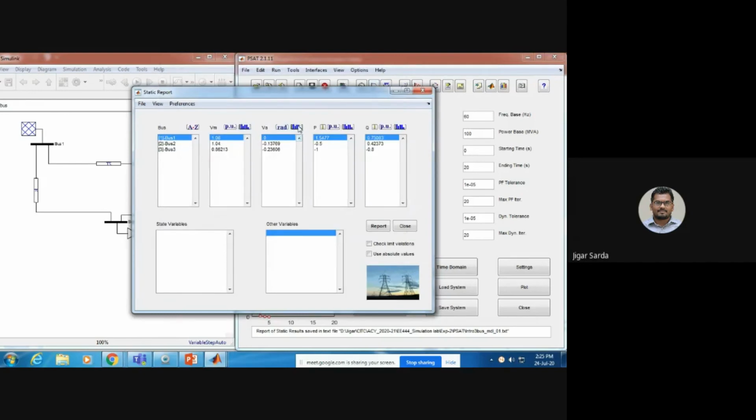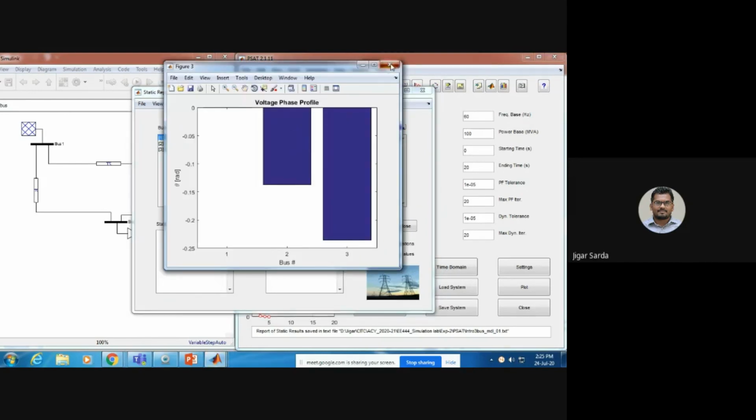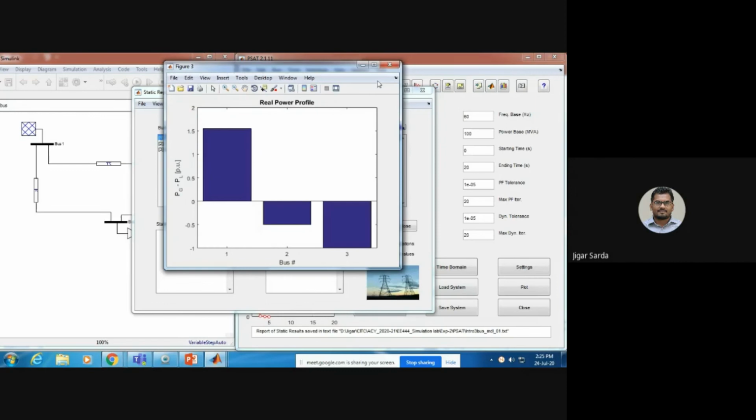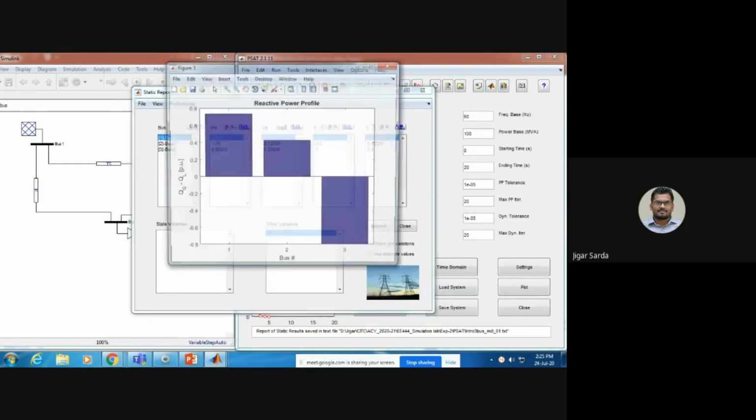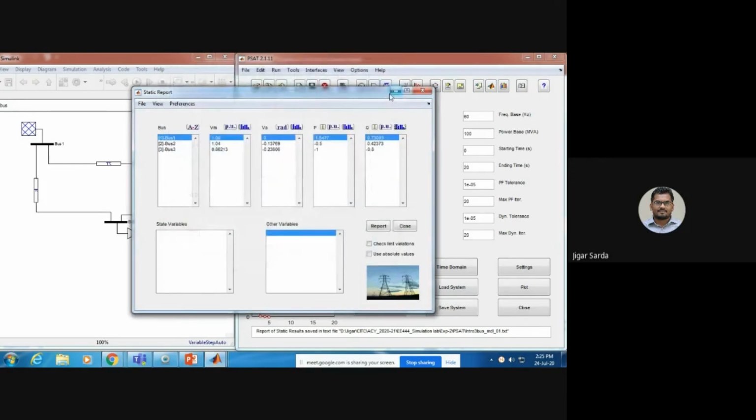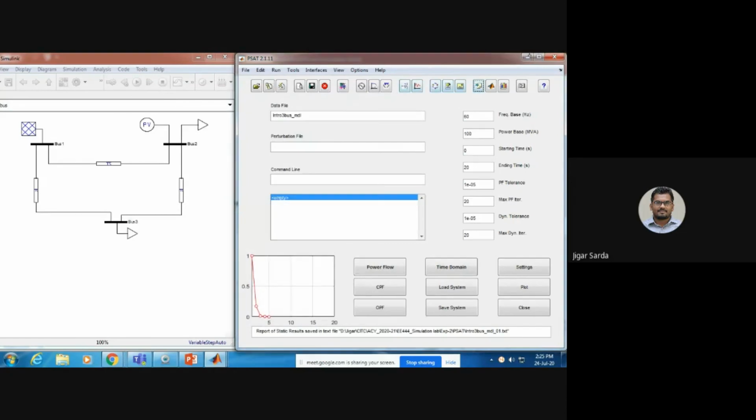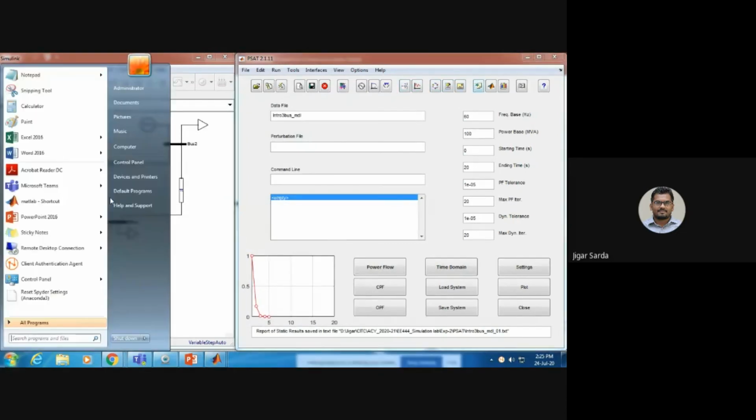Similarly for voltage angle, active power and reactive power. When we press the report button, the report is saved in your PSET folder.